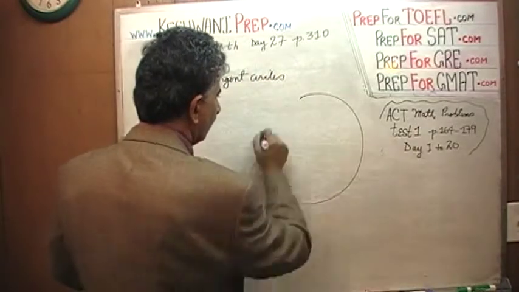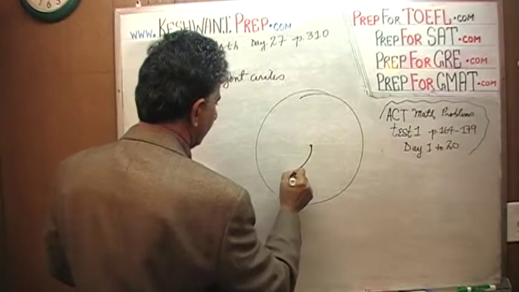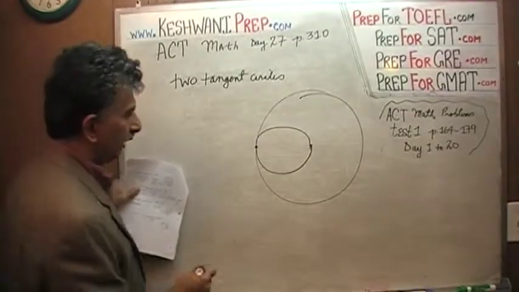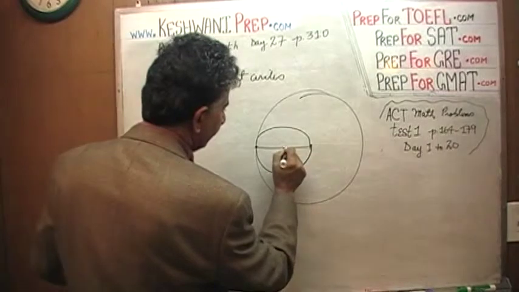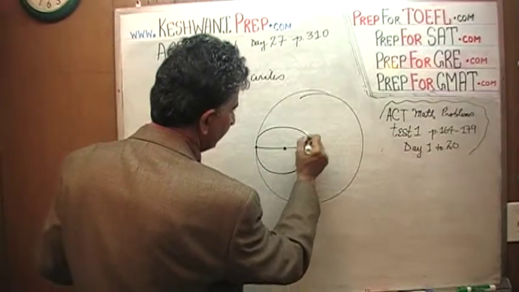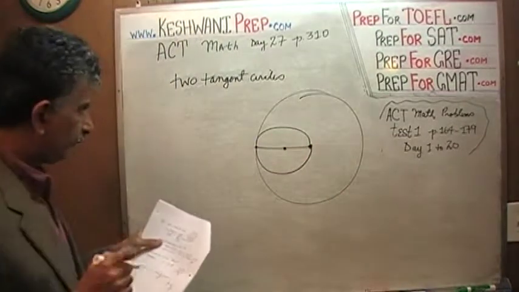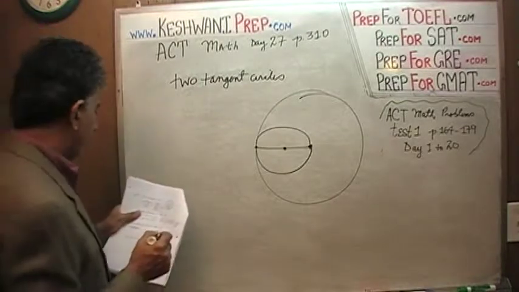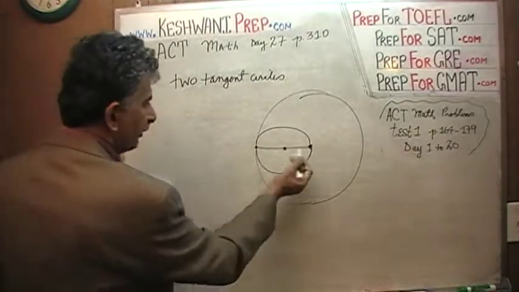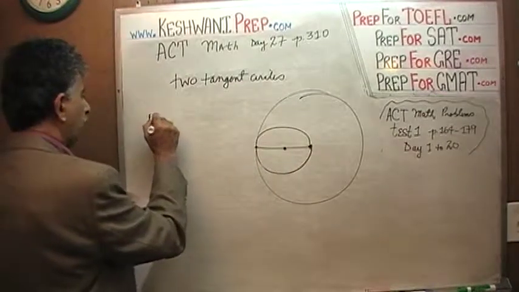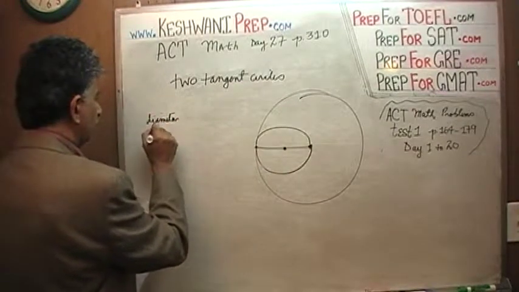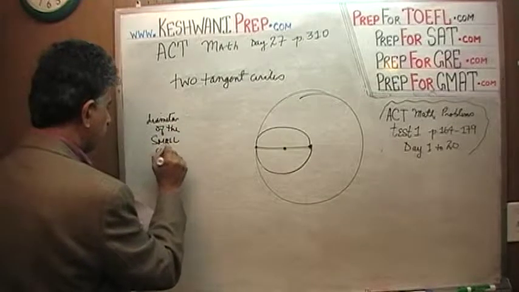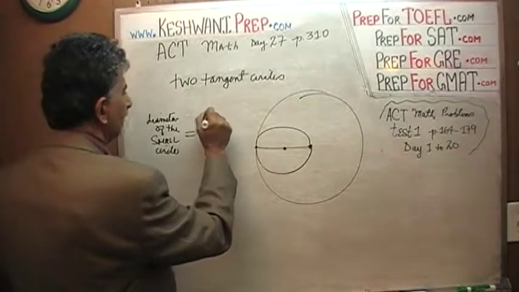Here is your large circle, there is the center of the circle, and here is the smaller one, and they touch each other only at one point. Even though mine does not look like it, it touches at one point. This is the center of this circle, this point is the center of the large circle. In other words, the diameter of the small circle equals the radius